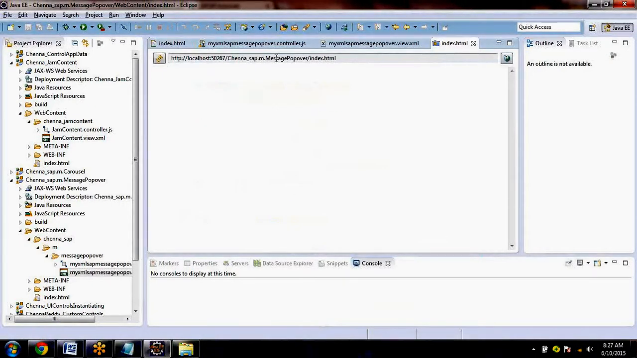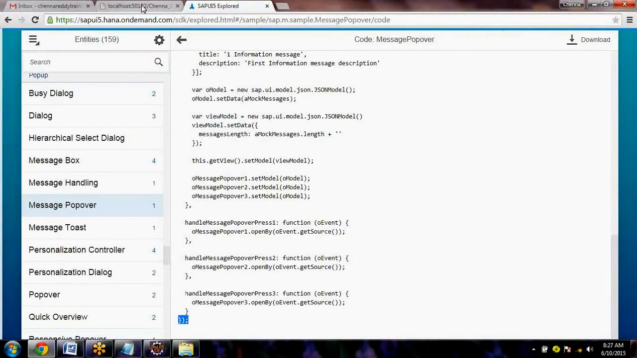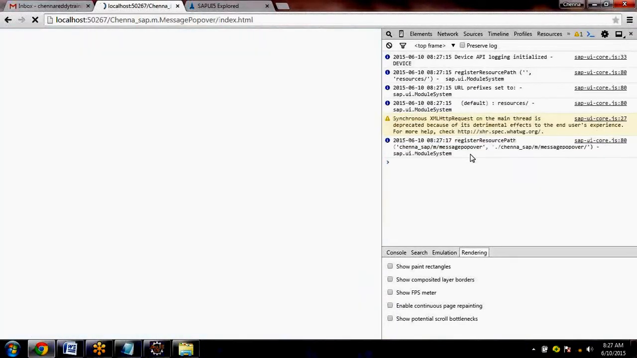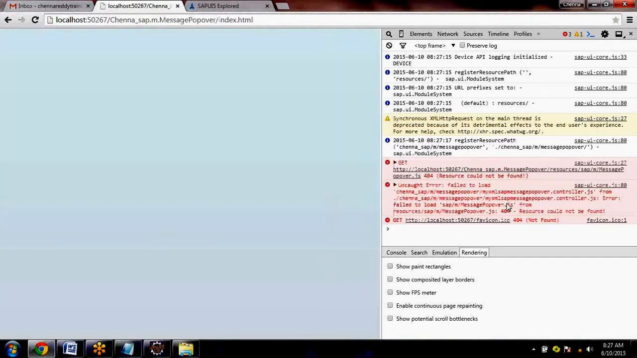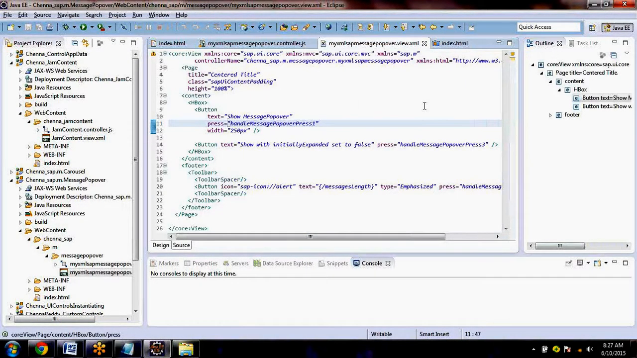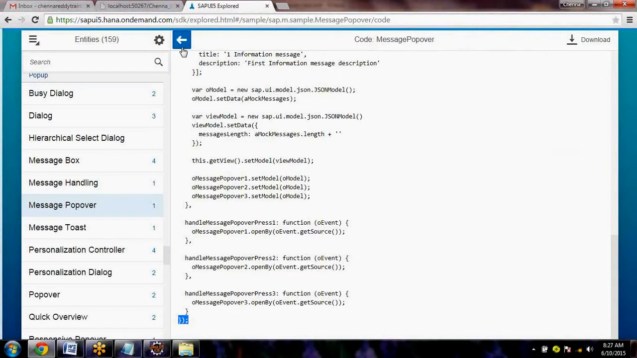See, when you are giving your own name, it's your responsibility to tune your code, project structure, all these things. Let me close this. Let me run this. What happens? It is saying sap.m message popover resource. Okay, go here. This is what our view is. So this view has an XML namespace. If you look here, go back, sorry, code,